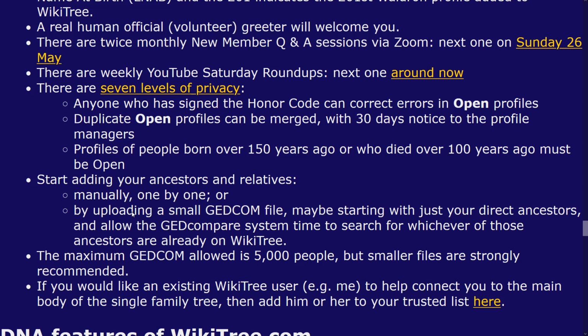You can upload a GEDCOM file, as you might be used to doing with the other DNA websites. But once you upload the GEDCOM file, it goes into a GEDCompare process, which compares everyone in your GEDCOM file with every one of the 36 million people already on WikiTree to try and ensure that you're not creating duplicate profiles. That takes a while to run, and then you have to approve each entry manually, so you may be better off just adding